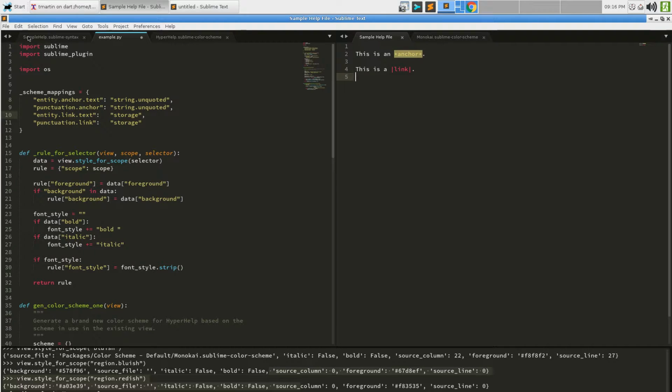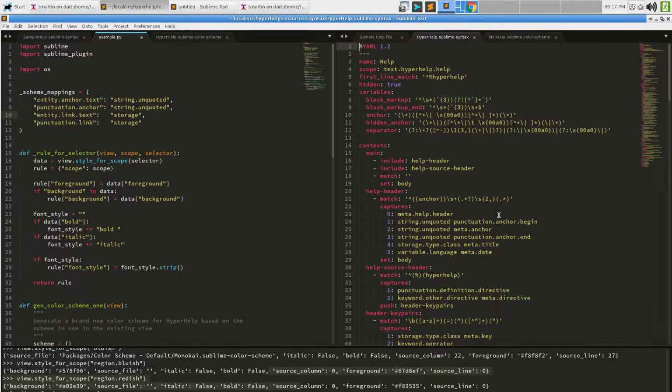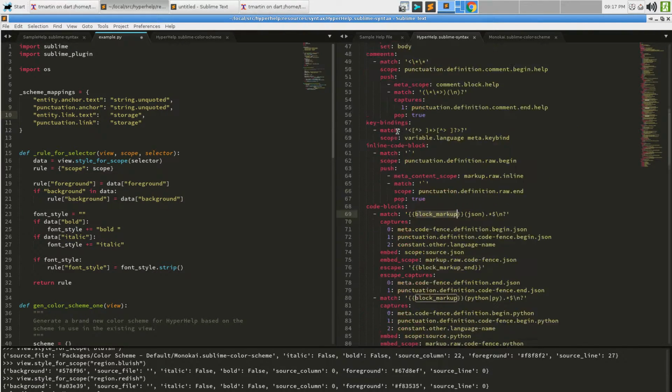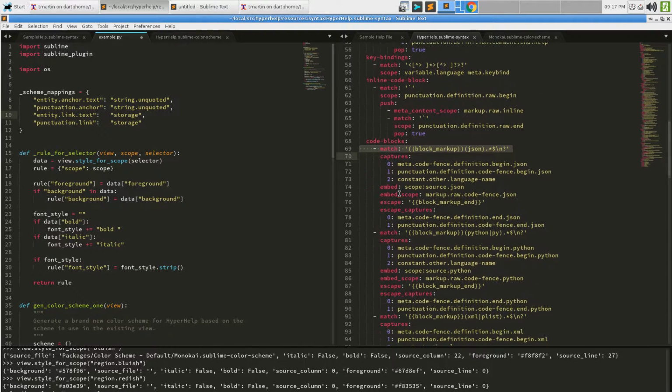But there's actually an issue with this, and in order to see what it is, I'm going to cheat and go to the local source hyperhelp resources directory and subble the syntax hyperhelp.sublime-syntax file into this window. And we are looking for this. And which one do we want?